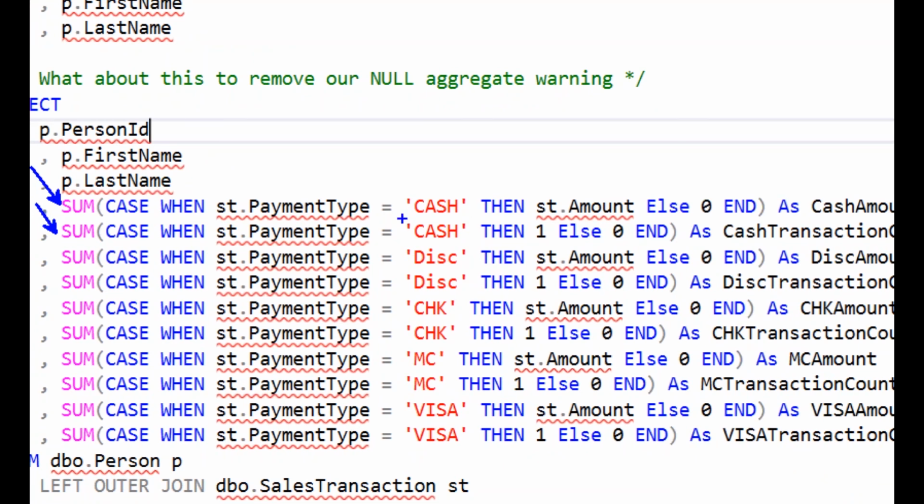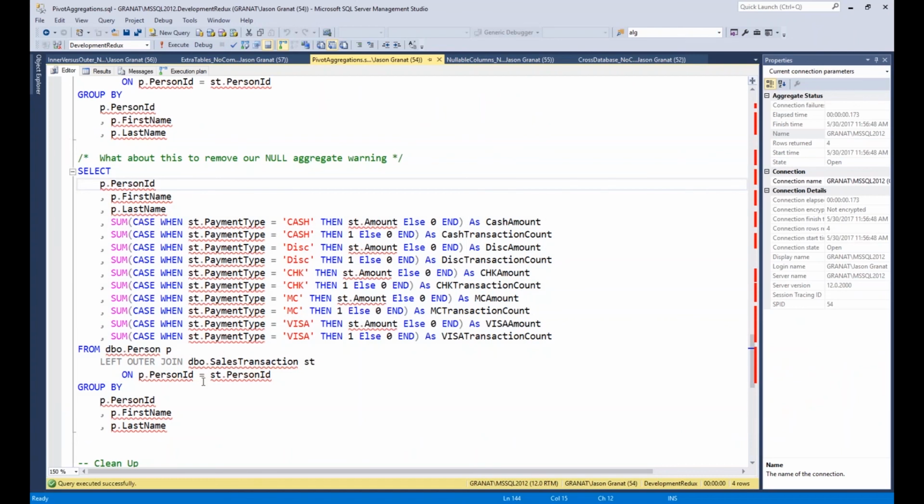So for the counts, even if they're counts, I still want to sum them. If it's a payment type of cash, I want it to be a 1. Otherwise, if that record is not a cash transaction record, it can be a 0. So if it was a Discover record, it would be a 0. At the end, I'm going to sum up all my 1s and 0s, and I'll end up with a number of transactions. These are just some different ways that you can look at that idea of aggregation,